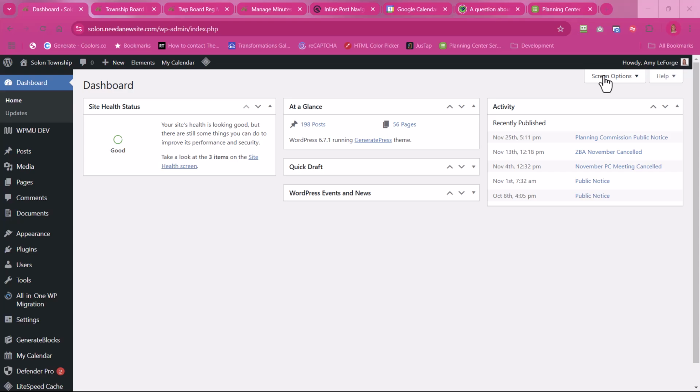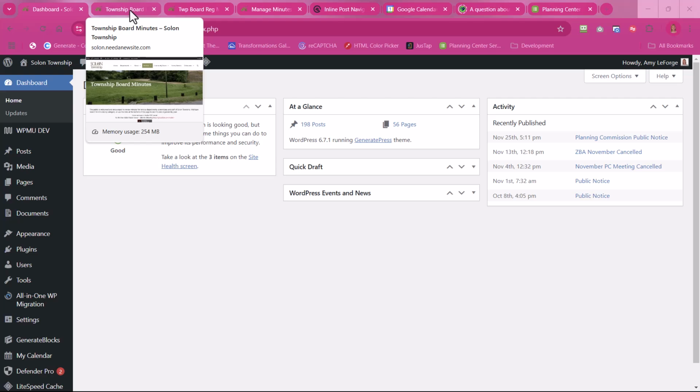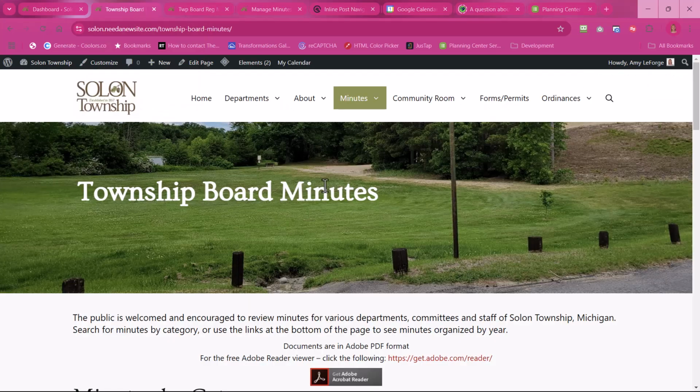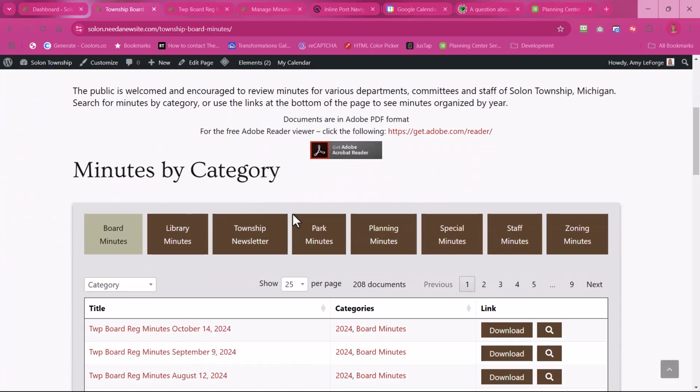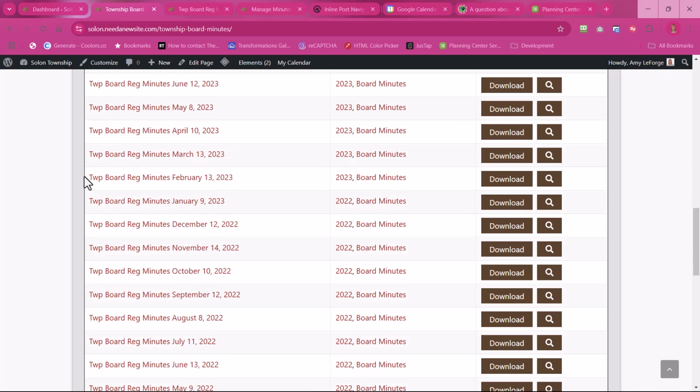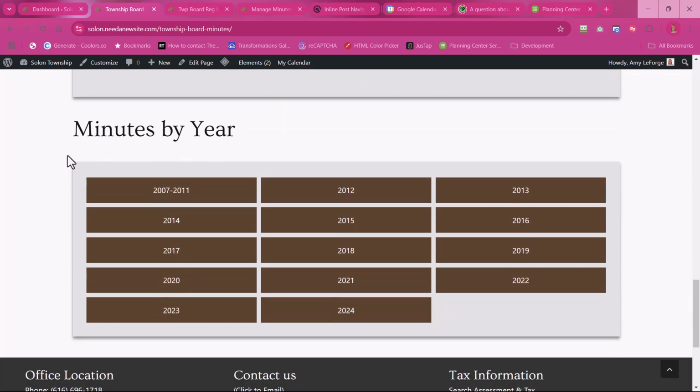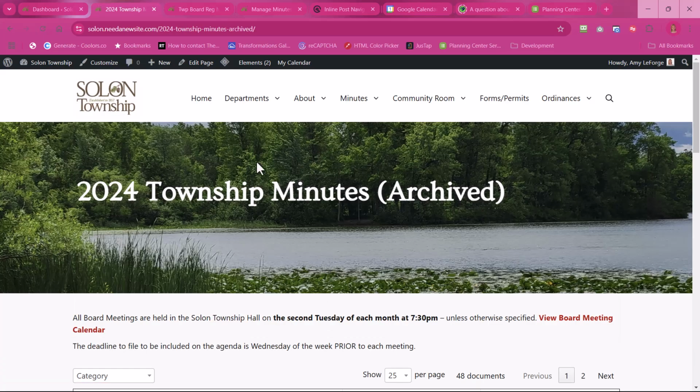So this will be pretty much just an annual process, but you do need to add a new page every year to contain the board minutes. So this is the minutes page, and we have the different libraries. First is organized by category, and then here is the minutes by year. And if we look at 2024, it opens up a page,